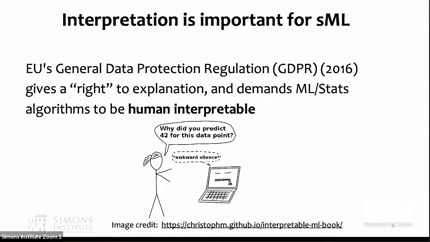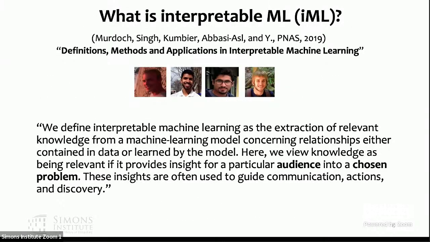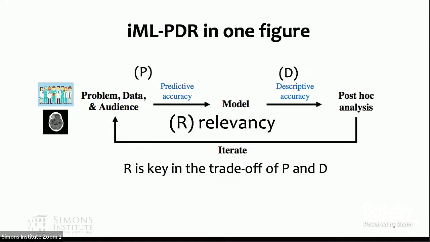And interpretation is very important for scientific machine learning, right? You know that we have this EU data protection regulation, giving everybody a right to explanation. But in scientific machine learning, it's very important. Most of the science books you open are not made of equations, they are made of narratives. So you really have to turn whatever insight from the algorithm and the theory into narrative. And we had this paper with my current and former students to define interpretable machine learning, because there were a lot of papers. And so what do we mean by interpretation? So we developed this 3-component